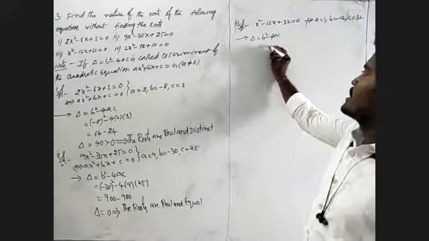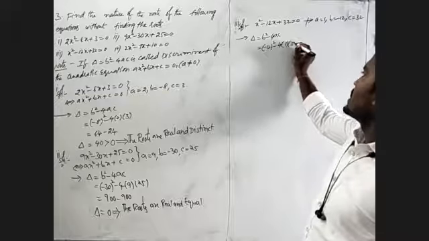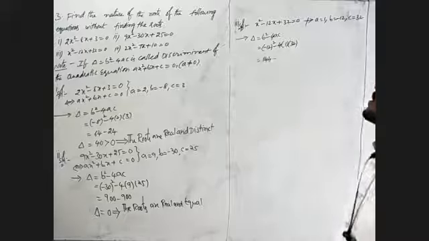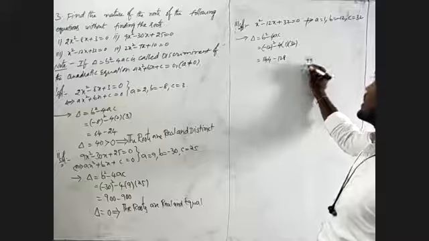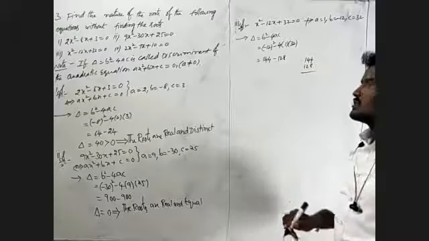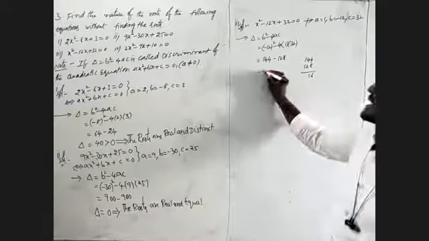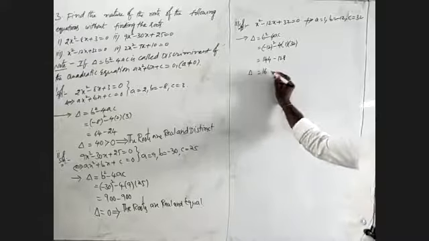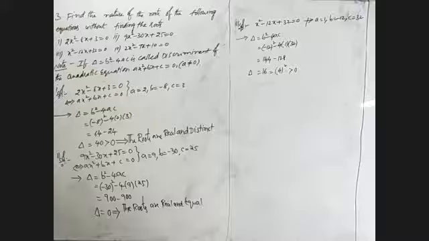Here b is minus 12, so b squared minus 4ac is minus 12 whole squared minus 4 into 1 into 32. Minus 12 whole squared is 144, minus 4 into 32 is 128, so 144 minus 128 is 16. We observe delta is equal to 16, which can be written as 4 squared. This is also greater than 0, as we already discussed in the previous class.